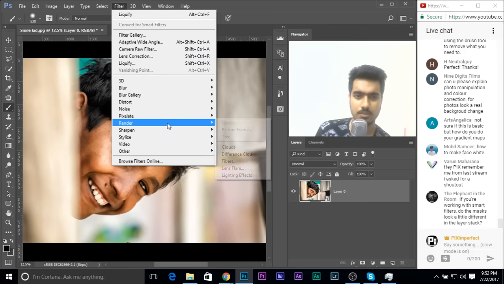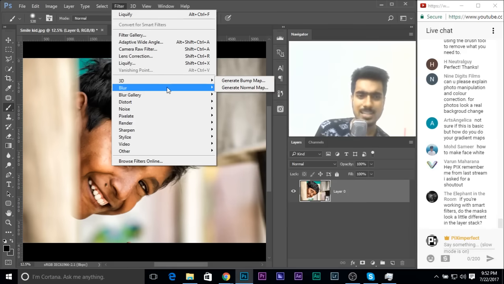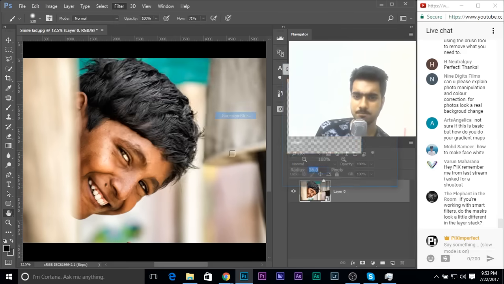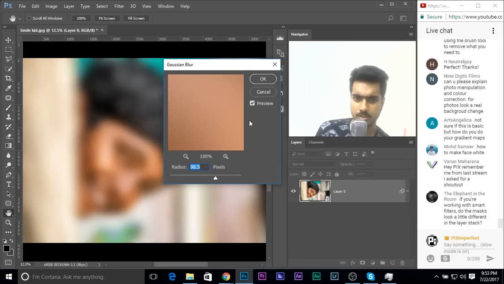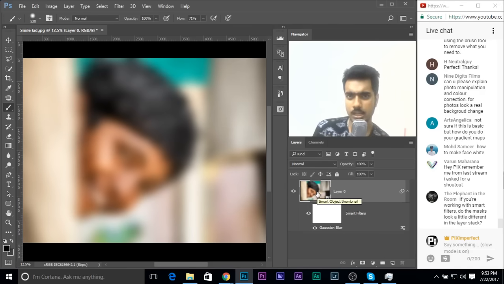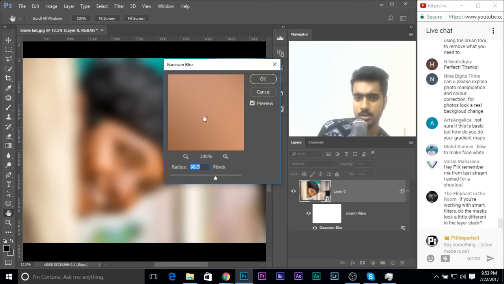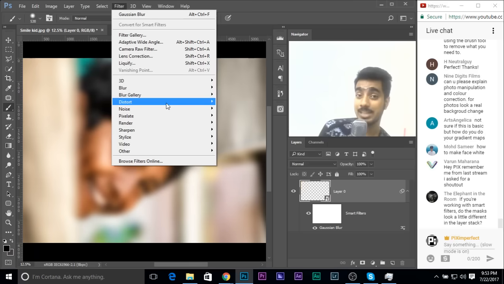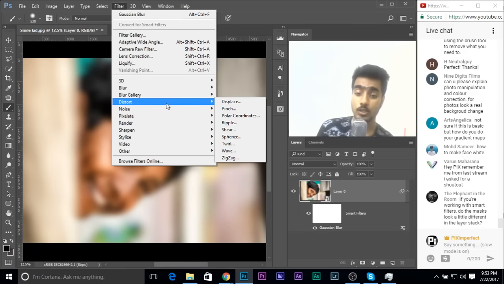There are tons of things that we can do. But let's say we were just applying Gaussian blur and just increase it like that. When you do that to a smart object, here's another advantage of a smart object. Once you have applied Gaussian blur, you can always go ahead and change the values, right? You can just double click on the Gaussian blur and change the values to the ones that you want. Any filter that can be applied to a smart object, of course, you can always go ahead and